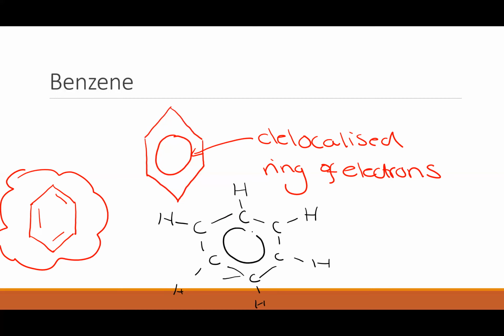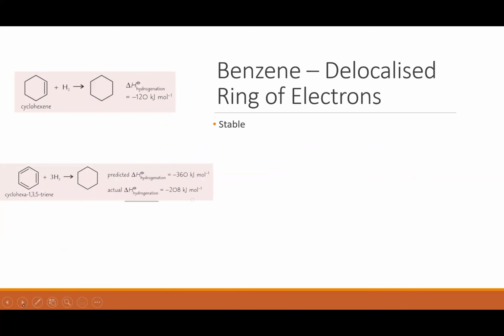And we've got our delocalized ring of electrons in the middle. So let's look at this delocalized ring of electrons in the middle a little bit more. This delocalized ring of electrons that we've got in the middle of benzene makes benzene really, really stable. And it makes benzene more stable than a theoretical compound, which we're going to look at now, which is called